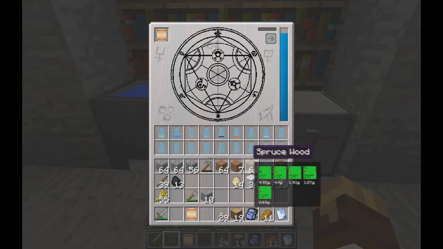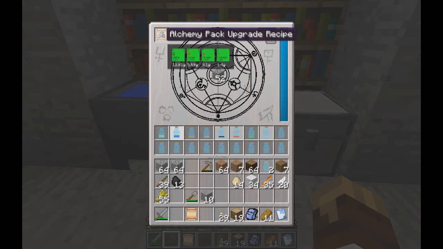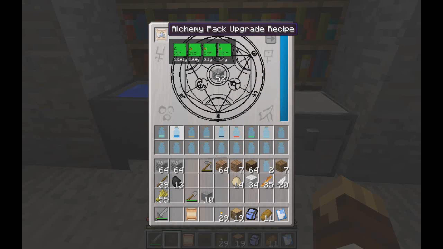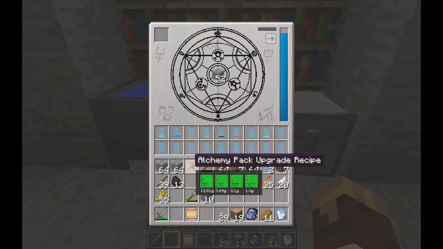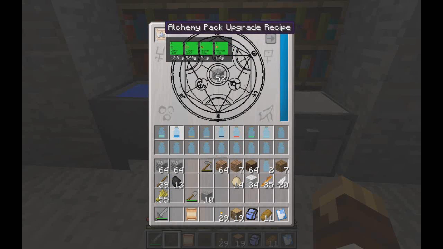Now, if I were to deconstruct, say, one piece of cobblestone, it didn't do anything yet, but it checks the available research materials that I can get, the available recipes I can get from cobblestone. Here we go. And it randomly chose the recipe for alchemy pack upgrades. And now, if I want to make this recipe, all I have to do is put it in here,